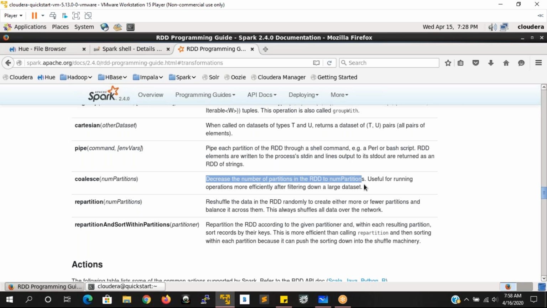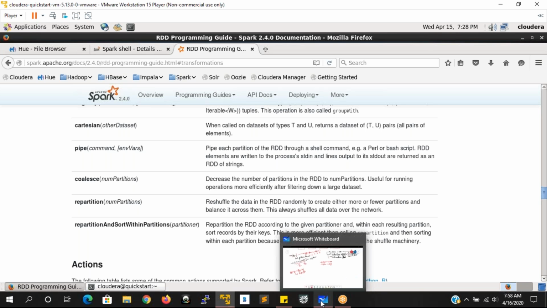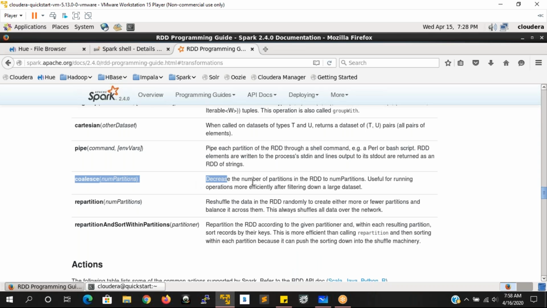That means when to apply this coalesce: once you apply some filtering on top of your large data set, you will get some subset of the data, and on top of that you apply this coalesce. Why do we go for coalesce only on filtering the data? Why can't we go for map or flat map here? That is also something you have to understand. That is where the difference lies in working with these transformations.